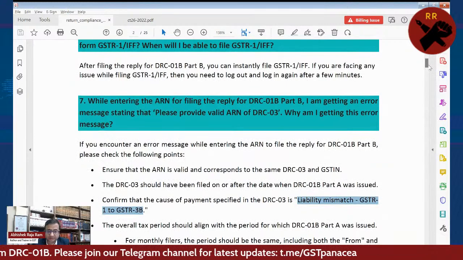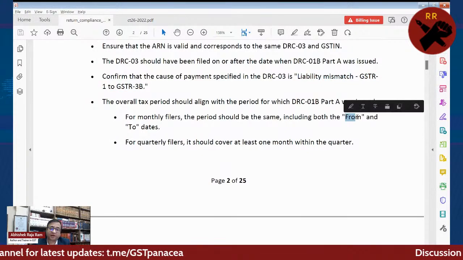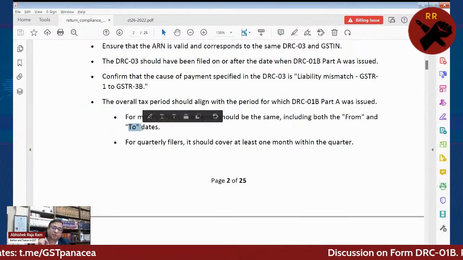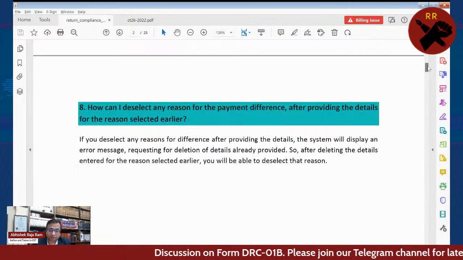Then again, overall this should match with your from and to dates जिस पीरियड के लिए आपको नोटिस आया है. क्वार्टरली वन there would be only one notice per quarter.